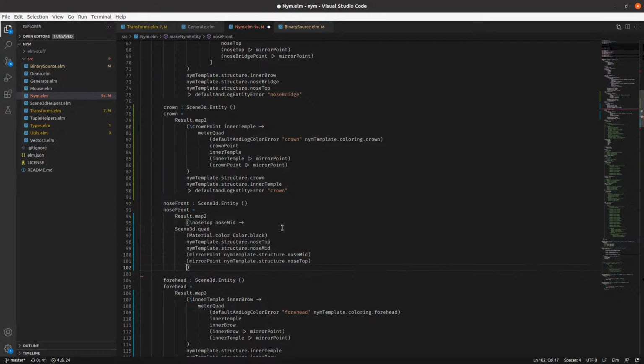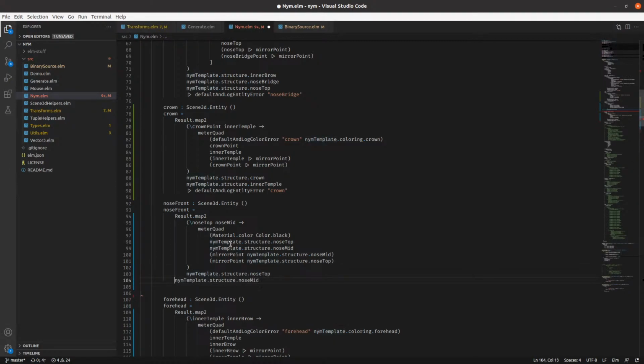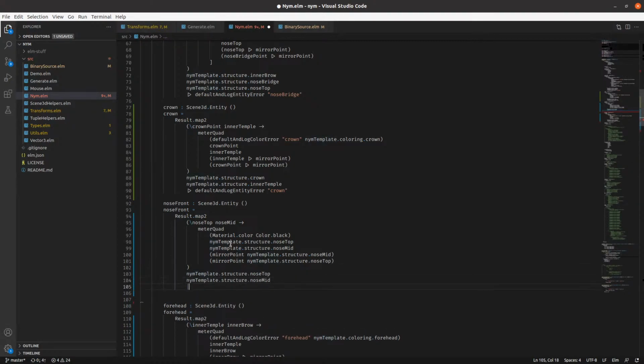Move this down. And then this is going to be meter quad. This is all going to be like this. And then we're going to take these two guys, put them here. And then we're going to map it. Do this. And it's going to be nose front. And then we're going to go